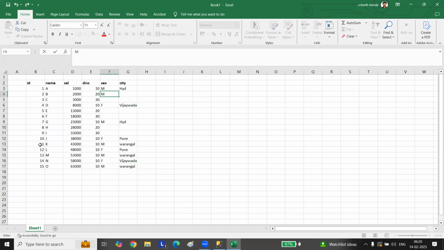So I'll give male, then female, male. So we have got only two. So let's go and have 2 to 3 records here. 16. Then P. Let's go here. 20. Then female, right? So let's go 17, Q here, then 20 male,